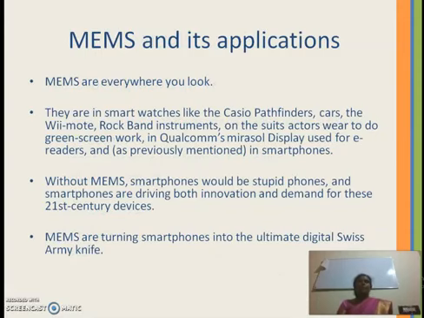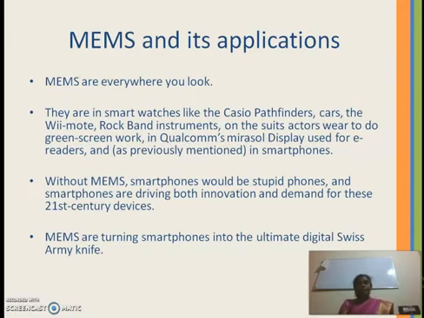So, MEMS and its applications. MEMS are everywhere, and you can see them as a very small, minute device that is put into several electromechanical devices, such as smartwatches like the Casio Pathfinder, cars, the Wiimote, and rock band instruments. They all have these kinds of sensors as part of them.